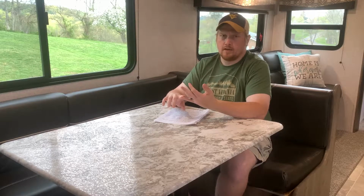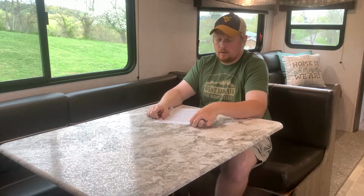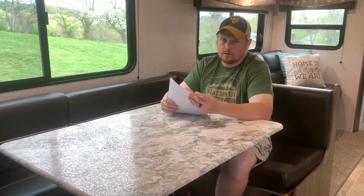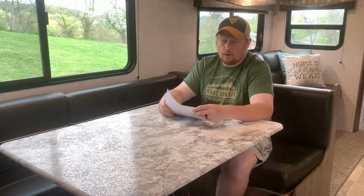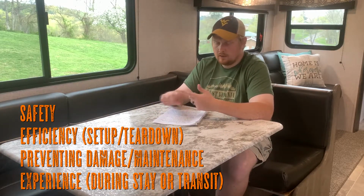It means your outside griddle, whatever it may be, could just plug right into that quick connect, use the propane from the front tanks, and substantially less gear, substantially less hassle, get you out there and going a lot faster, a lot easier. Now, all those together really check off all four of our categories: experience, efficiency, safety, and preventing